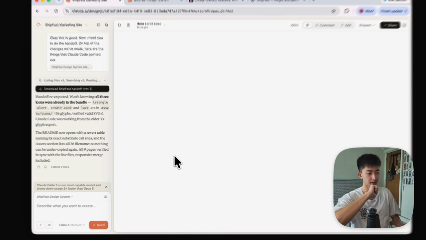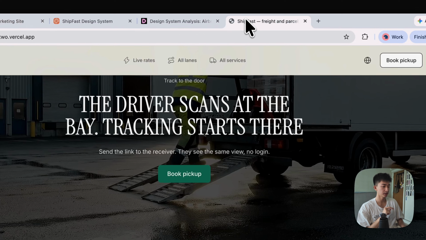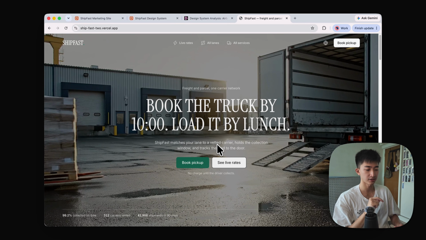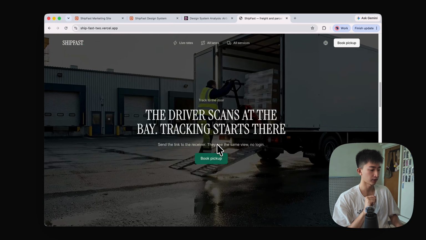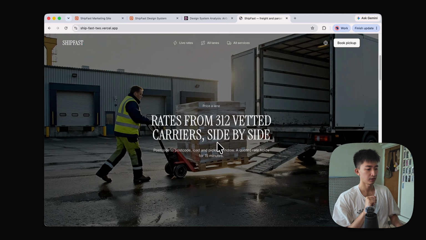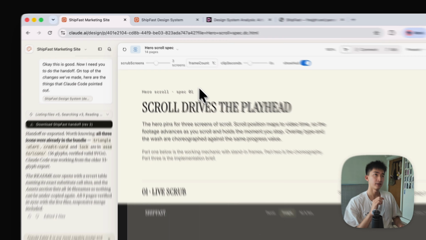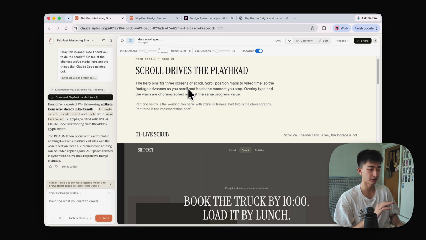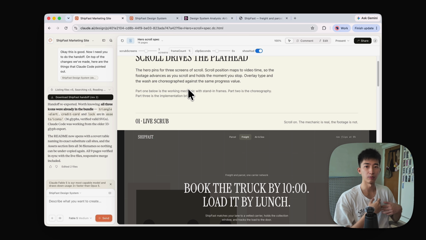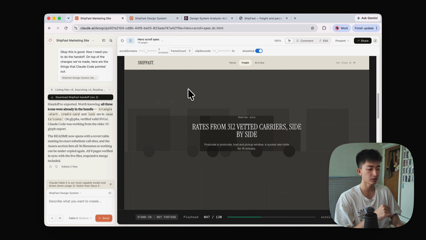So the next thing I did was the hero spec, because I wanted this scrolling kind of effect. You can see behind the video, right? I want to showcase whether it's possible to do a scrolling video kind of thing. And for me, I didn't want to create the whole animation, the whole interaction directly on Claude Design, because when I hop over to Claude Code, I would still have to do the animation there again. So I don't want to waste all the tokens. So I just want to create it in a way where it's easily